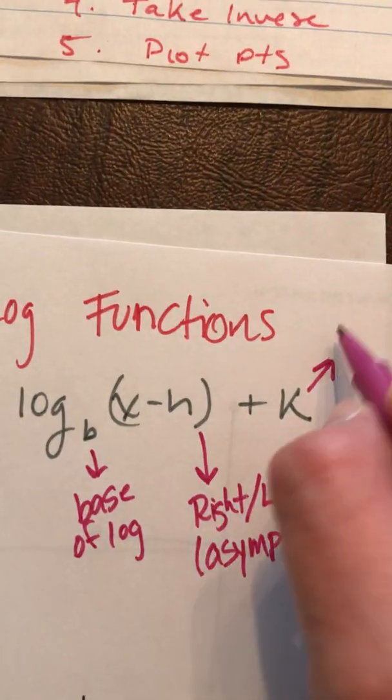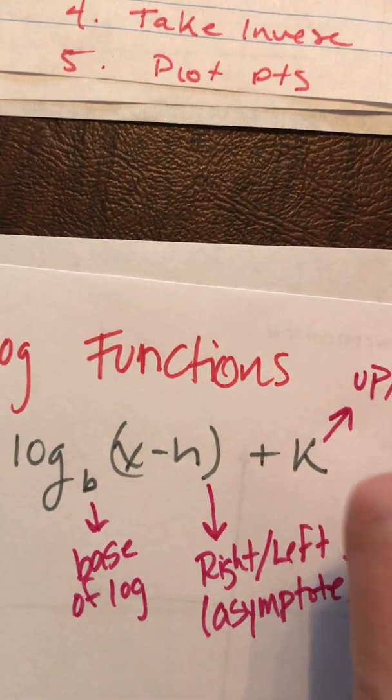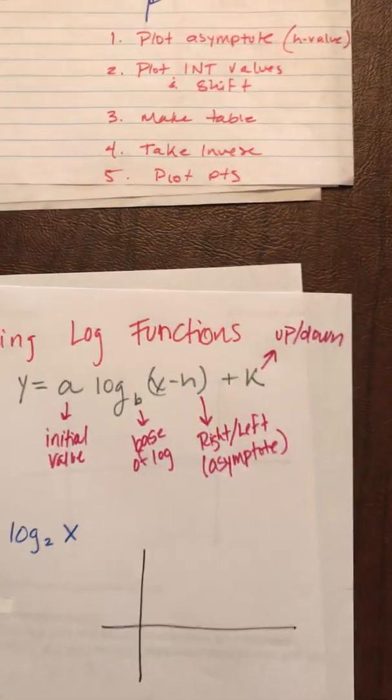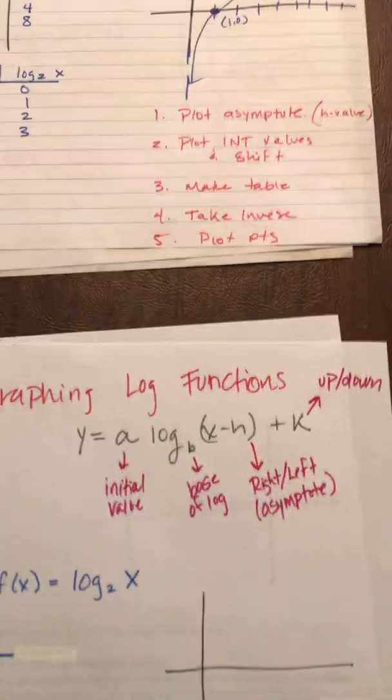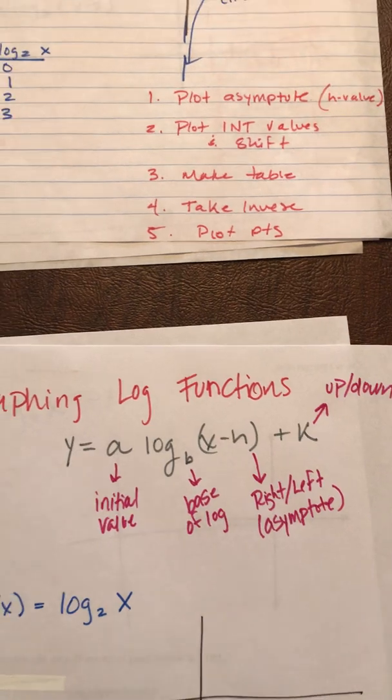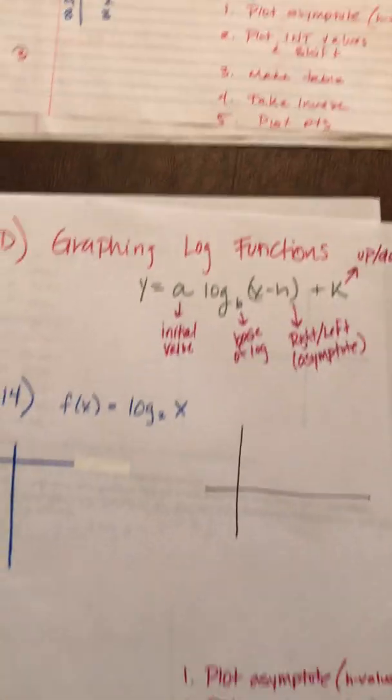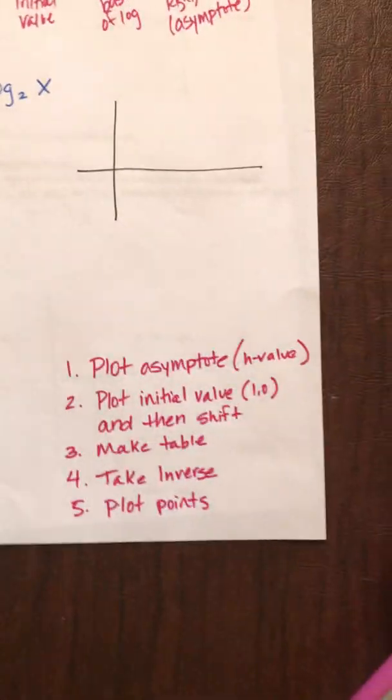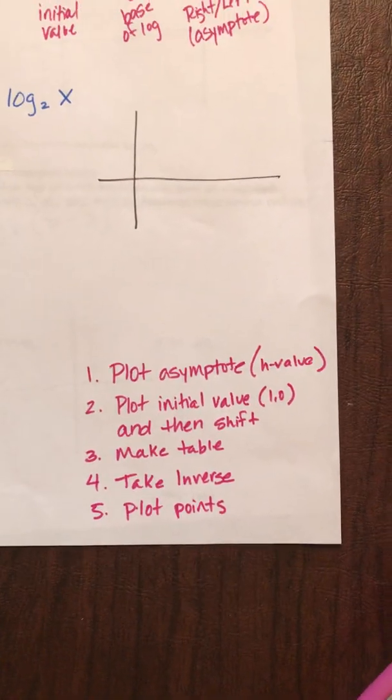And then this k value, same as it does in every other function, is your up and down shift. So again, very similar to what we've talked about with trig, as well as cube roots and square roots and quadratics and so forth. All right, I wrote down some steps, so you probably want to take notes of those,